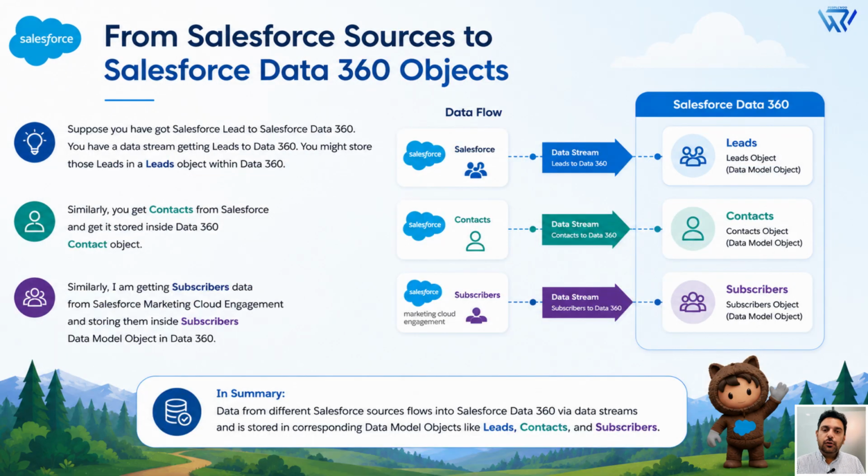Suppose you have got Salesforce leads into Salesforce Data 360. You have a data stream getting leads to Data 360. You might store those leads in a leads object within Data 360. Similarly, you get contacts from Salesforce and get them stored inside the Data 360 contact object. Similarly, I am getting subscriber data from Salesforce Marketing Cloud Engagement and storing it inside a subscribers data model object in